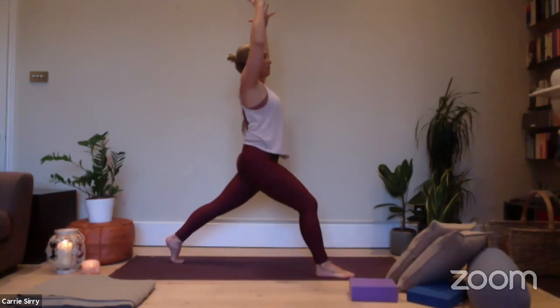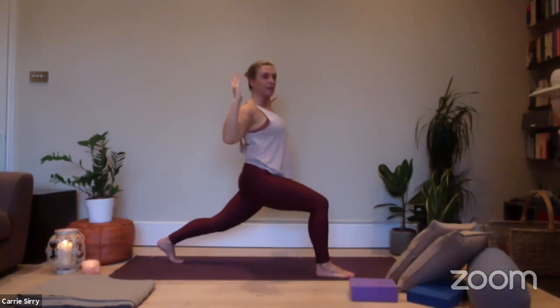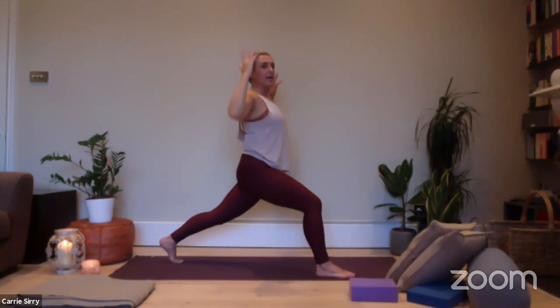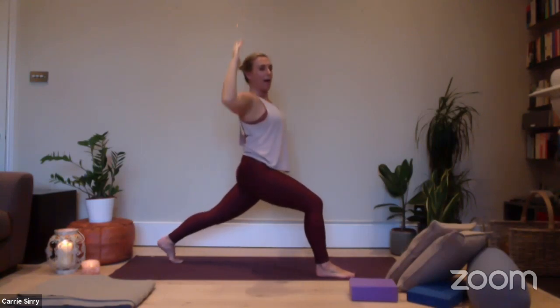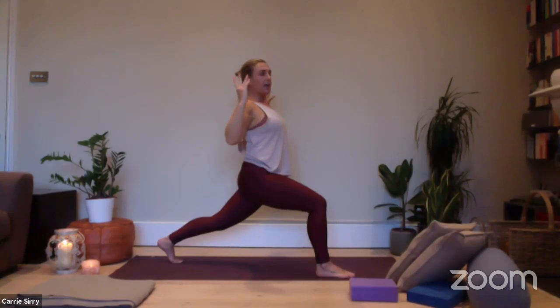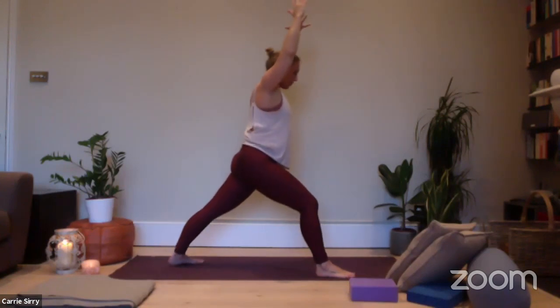Exhaling, push into the front foot, lifting up. Exhaling, sinking down, and drawing elbows together. Inhaling, sweeping up. And taking one more, exhaling. Inhaling, lifting up. And then from here, we're going to place that left foot down towards the mat so that